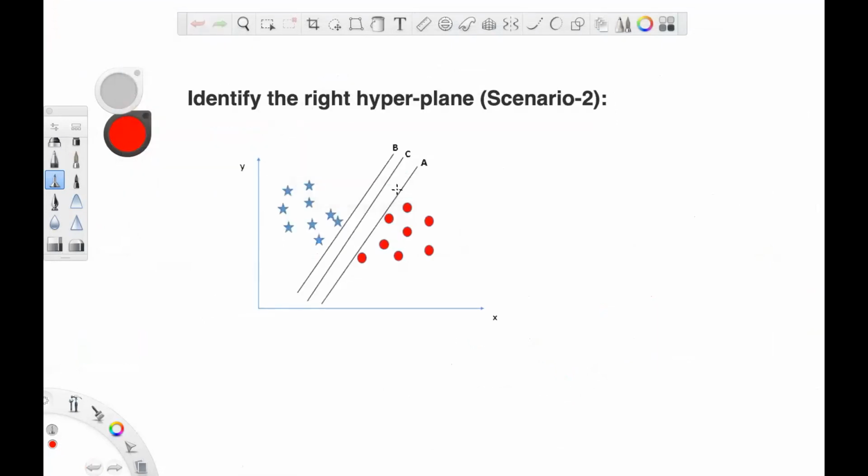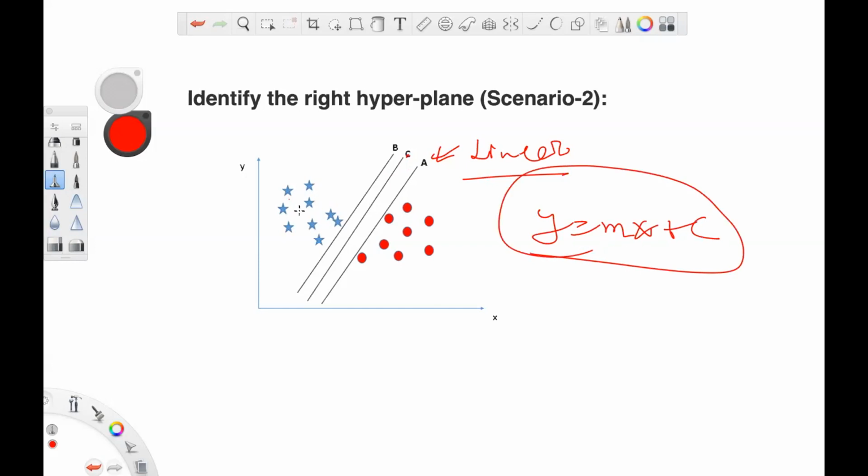So what is this? This is a linear SVM, where we are trying to draw a linear boundary. What is a linear boundary? One which doesn't have a curve, or y equals mx plus c. This line will get learned. Basically what it is going to learn is m, which is the slope, and c, which is the intercept. Then next we have the non-linear.